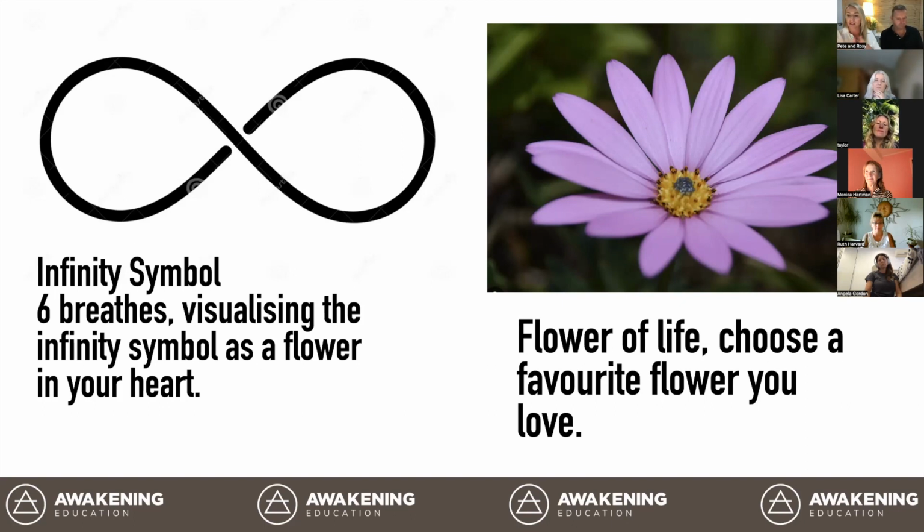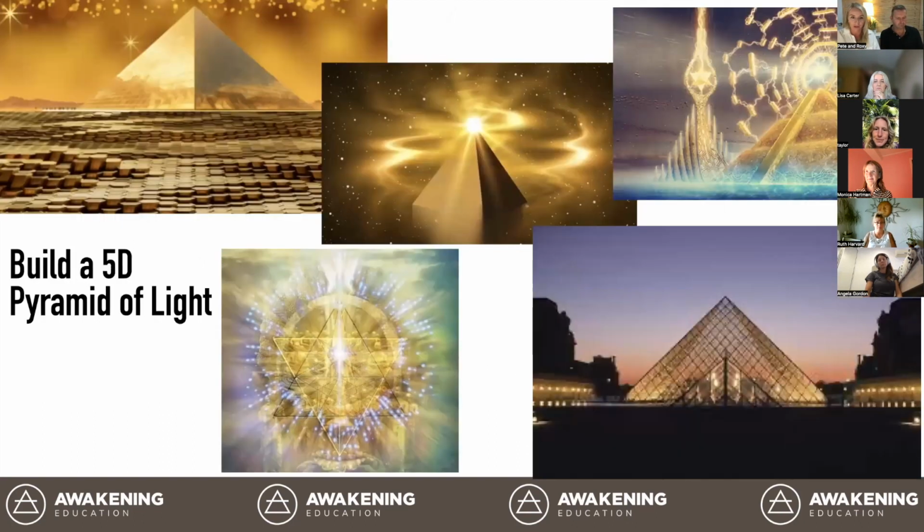And then we're going to see the pyramid of light in front of us, and we're going to bring this flower of light, love, from your sacred heart out into the pyramid of light. And we've just found some pyramids so you can visualize them. And you're the creator, so create this any which way you want to. Create a beautiful pyramid. Just make it magical, make it golden, because this is where you're going to be doing work.